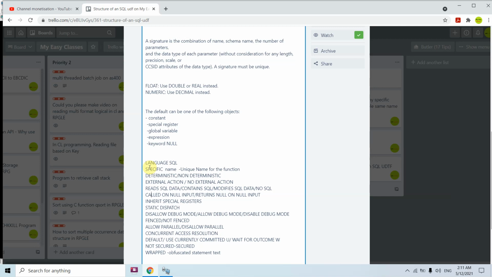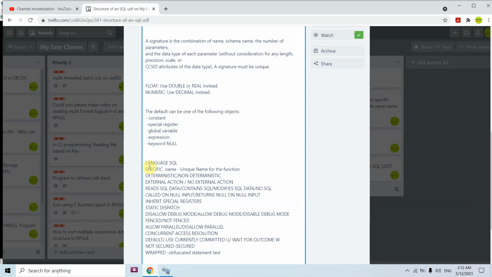Called on null input or returns null on null input. So basically you can specify either of these two. Whenever any or all of the parameters of a SQL function are received as null, the question is whether it should be called or not. Based upon null, maybe for some parameters you'll get a non-null or null result from your function.